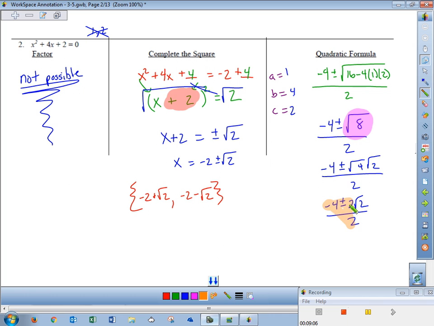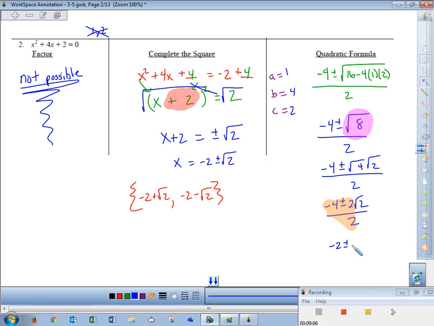And then you have to check your triangle of death. These three numbers. Never worry about what's the radical. It's these three numbers. If there's a common factor between all three of them, you can reduce it, which you can. Doesn't 2 go into each one of those? So you'd be left with a negative 2 plus or minus